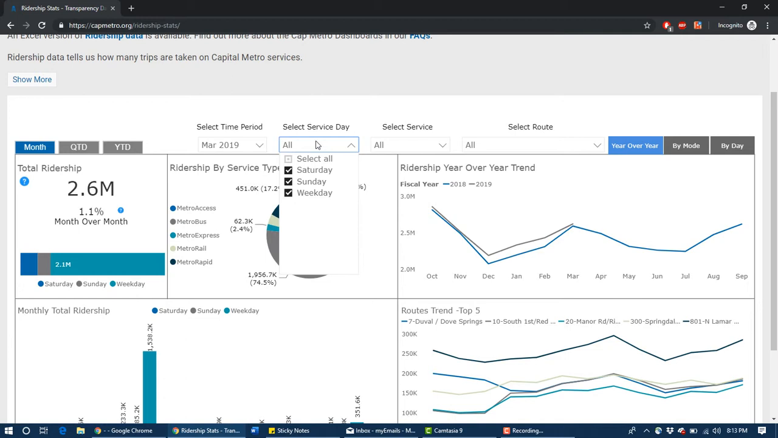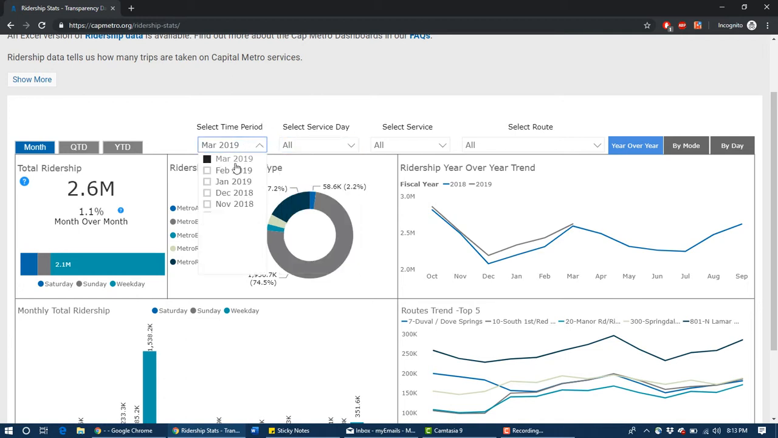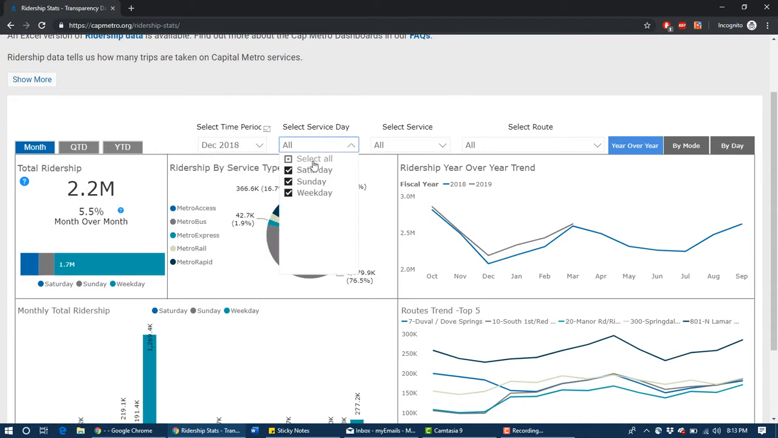this dashboard as a selection. Users can pick different months, and their services run on different days: weekdays as well as Saturday and Sunday. Since it's a transportation company, they have various services like bus, metro, express, rail, and different types of services like shared ride and so on. The ridership dashboard is about how many rides have been